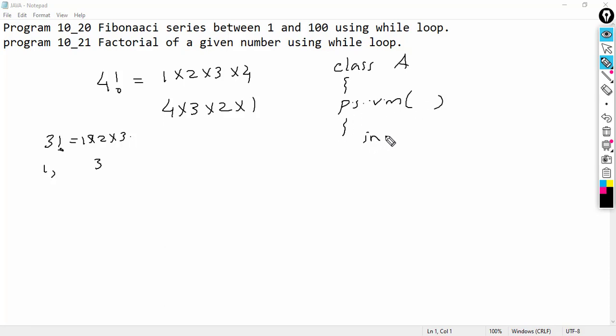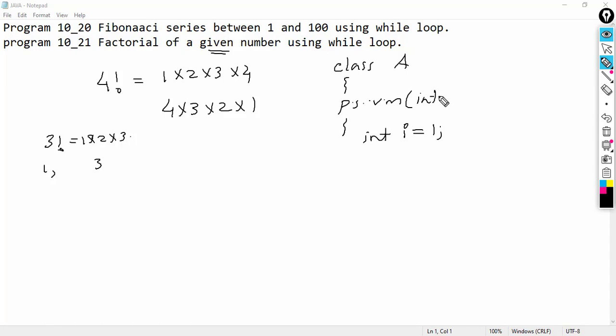Then we can declare the control variable I and initialize it with 1. So from 1 till the number it must go. What is the question? Factorial of a given number. This given number means we need to get it from the user. Either you can use the Scanner class or you can declare that variable as a parameter.